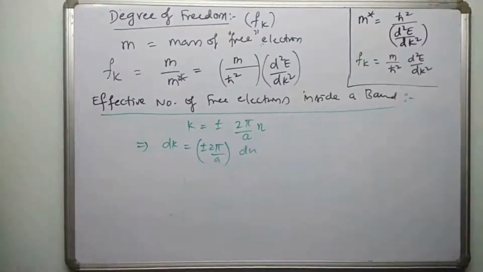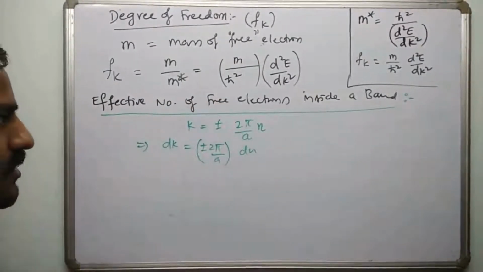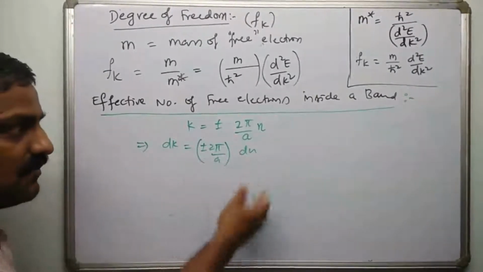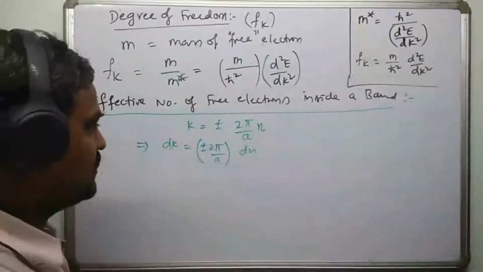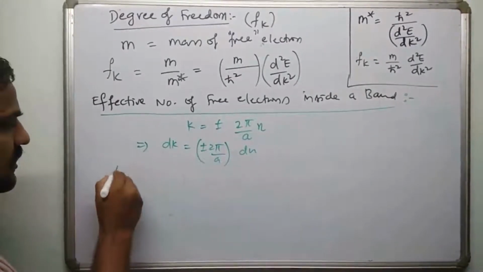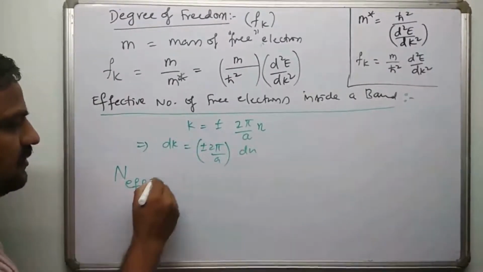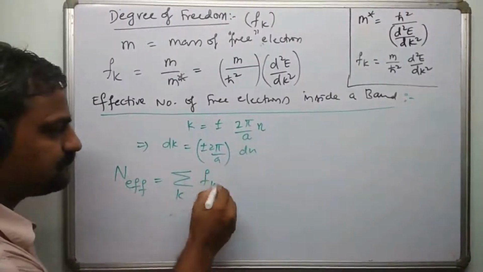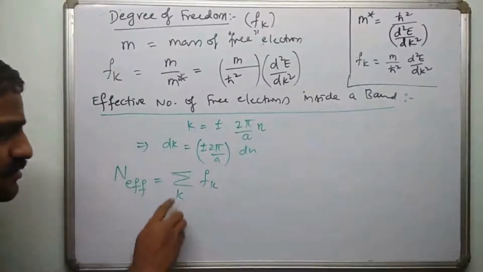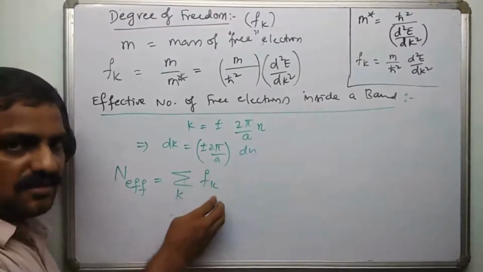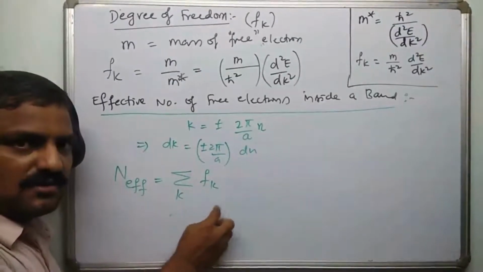So if you want to know how many effective free electrons there are, you should take the number of electrons first in a band, that is this, and multiply by the effective Fk, right? So if you want to know this number, let me call this n effective. This number is simply sigma over all k of Fk. So what you are supposed to do is, you should go to the first lowest k. Let us say k equal to 1 is the first one. Go to that electron. It's something like calling with roll number 1, roll number 2, roll number 3, roll number 4.